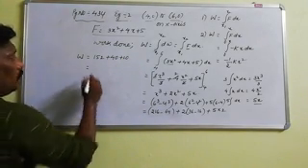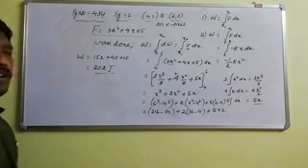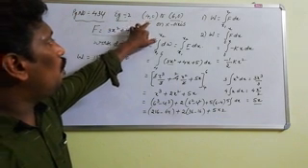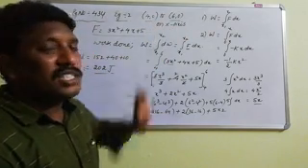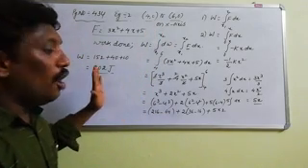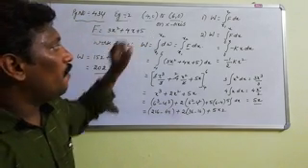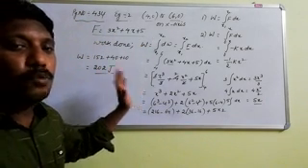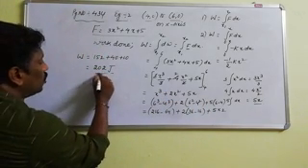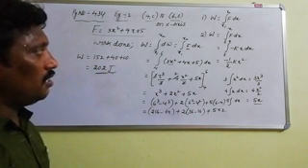So the total is 202 joules. That is the total amount of work done to move the object from (4, 0) to (6, 0), that means on the x-axis from 4 to 6, for the force function 3x square plus 4x plus 5. The total work done to move only along the x-axis is this much, that is 202 joules.